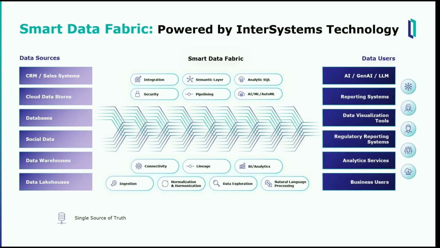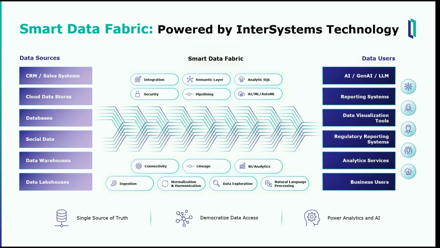Okay, so I think at this point, most, if not all of you have seen this slide. This is our architectural approach to data management, and it's based on a data fabric architecture, what we call a smart data fabric architecture. It's complementary to everything that you already have running in the organization. Not only your data sources and your application silos, but also your data management silos. If you're running data warehouses and data marts and data lakes and data lake houses, all of those systems and the data in them can be used as inputs into a data fabric architecture